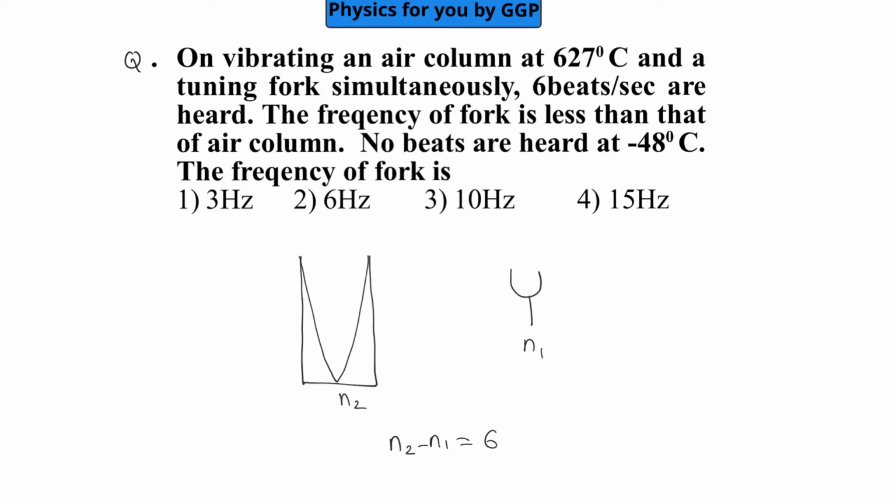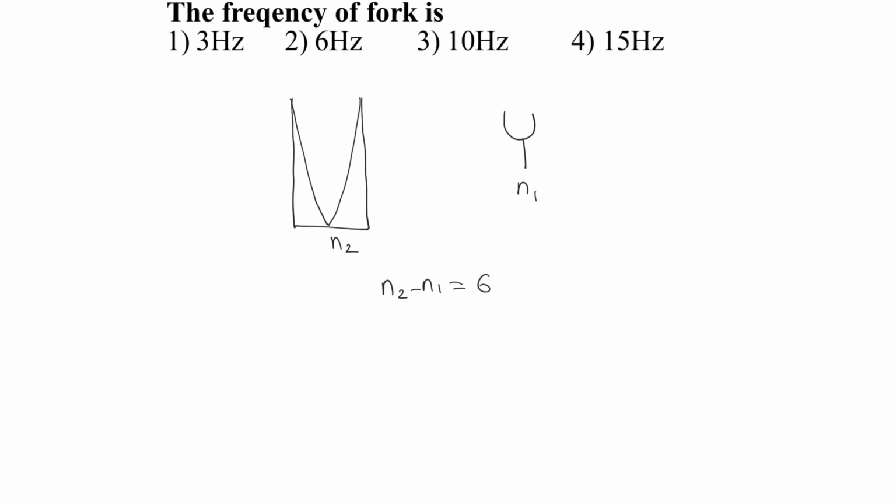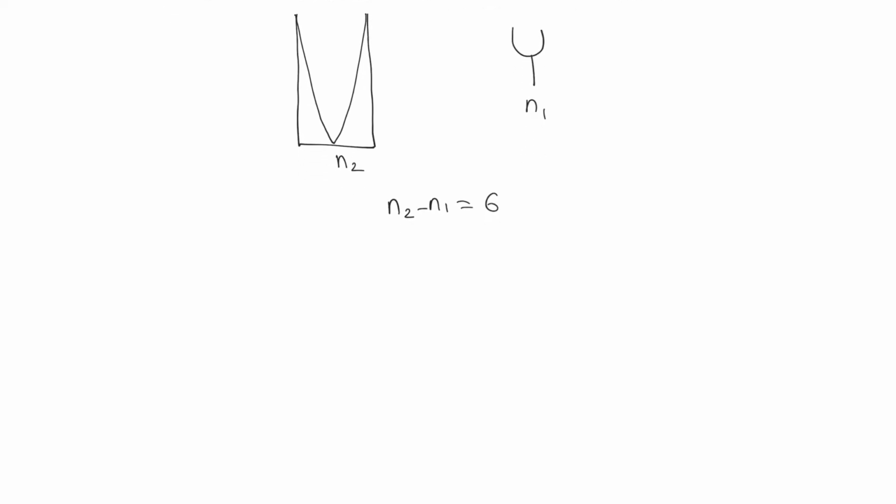No beats are heard at minus 48 degrees Celsius. If no beats are heard, that means the frequency of that tuning fork becomes equal to that of air column. So we know the equation for the frequency of air column. Let's say it is V divided by 4L if it is oscillating in fundamental mode,